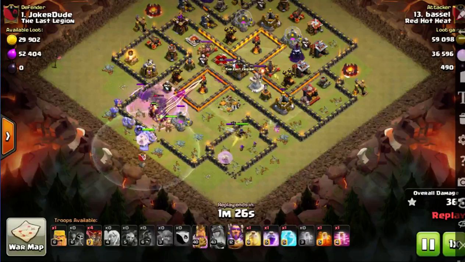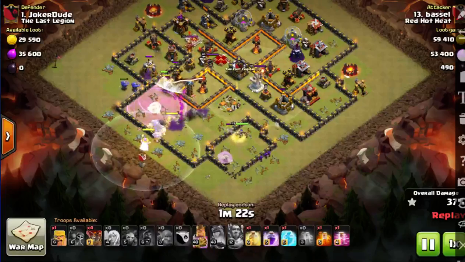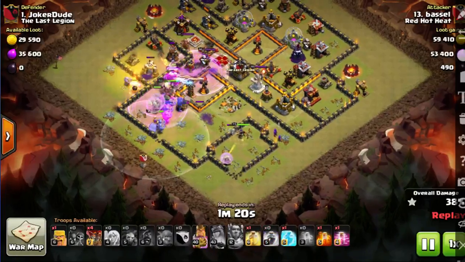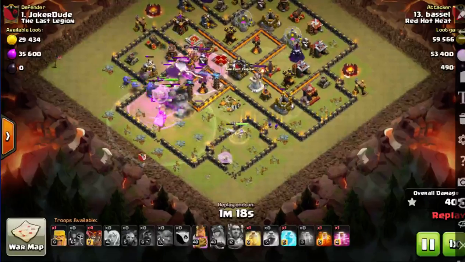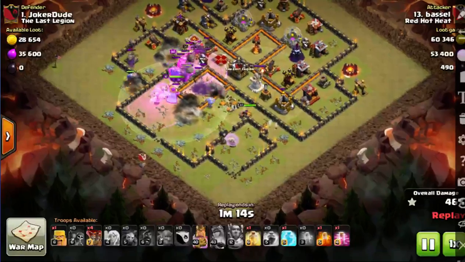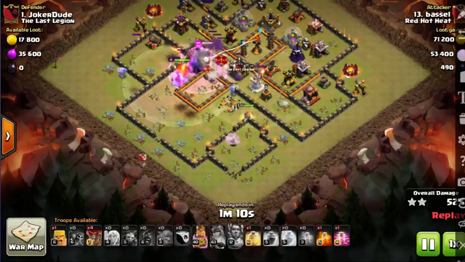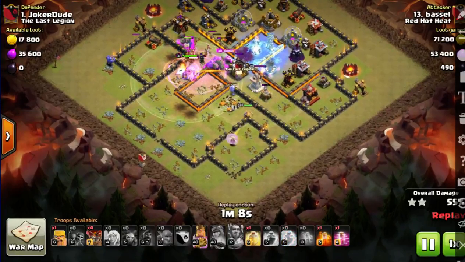the Barb King, bowlers and the Grand Warden. That ability was a tad early, just a tad. That would have been a good place to use it right there. Right when you see that giant bomb appear is a good place to use your Warden ability. That way you have your invulnerability while the bombs appear. But anyway,